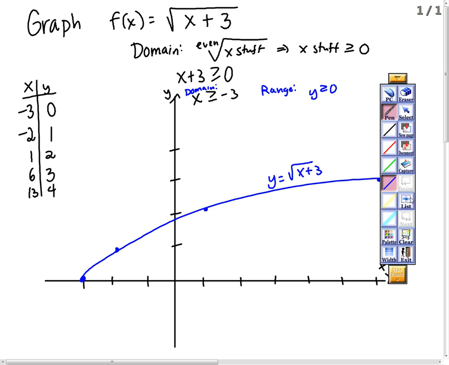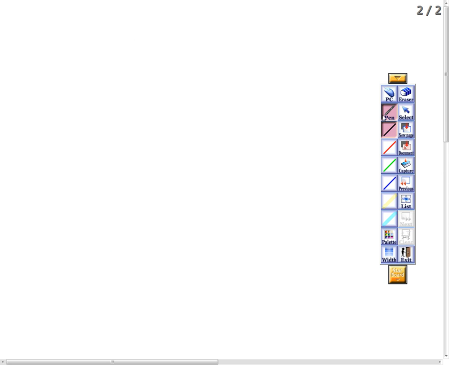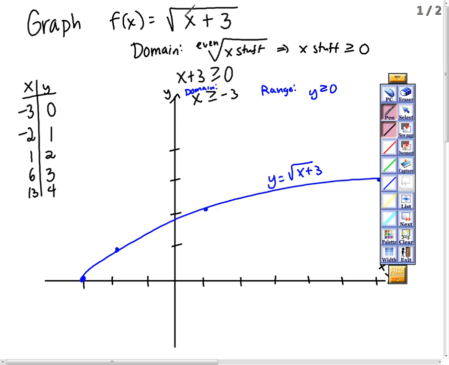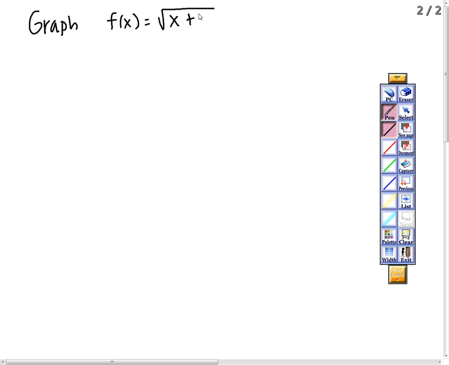So I'm going to get a new page. What was it, plus 3? Okay, we are going to take our parent function, y equals square root of x. We are going to shift it. Since I've replaced x with x plus 3 inside my function, I know it's going to be shifted left or